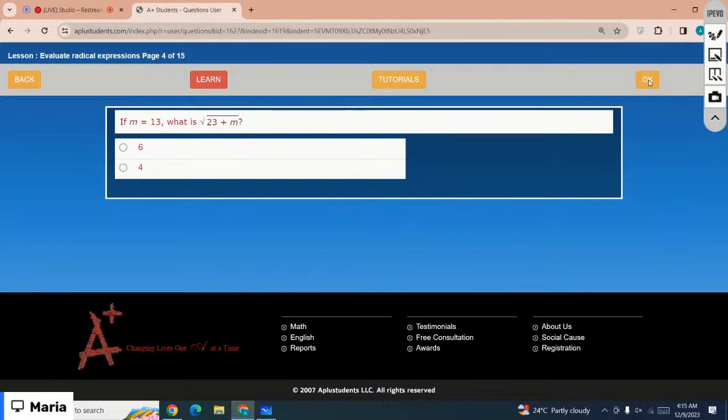If m equals 13, what is square root of 23 plus 13? Which is the correct option? Yes, 23 plus 13 is square root 36. And square root 36 is,